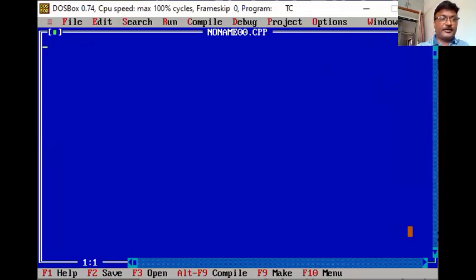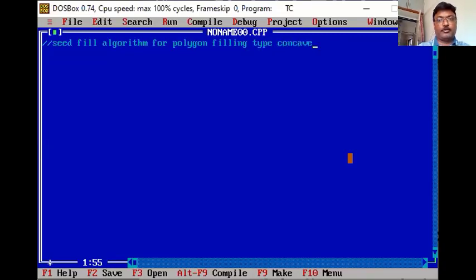So what is the title that you can say? Suppose the title is my seed fill algorithm, or polygon filling. You may say polygon filling type, concave and convex.